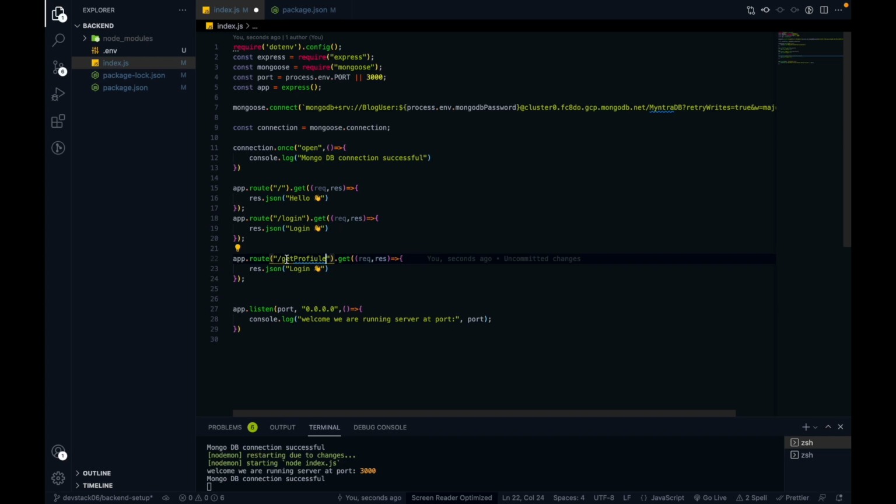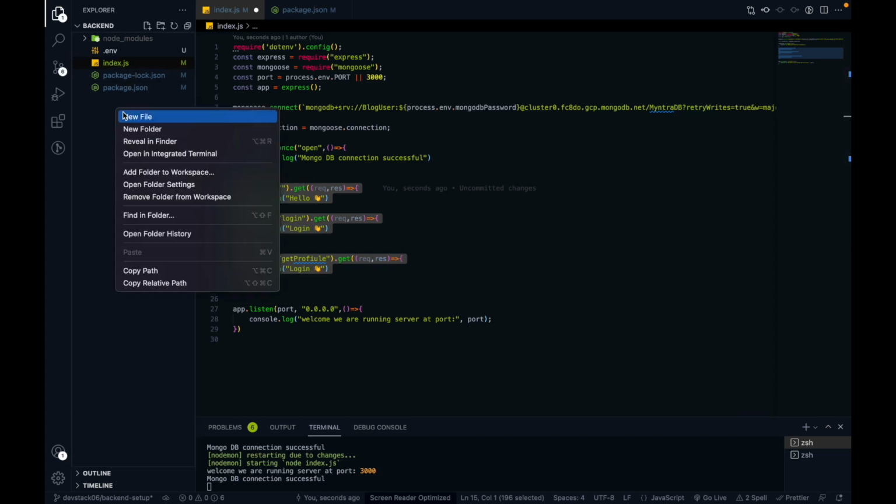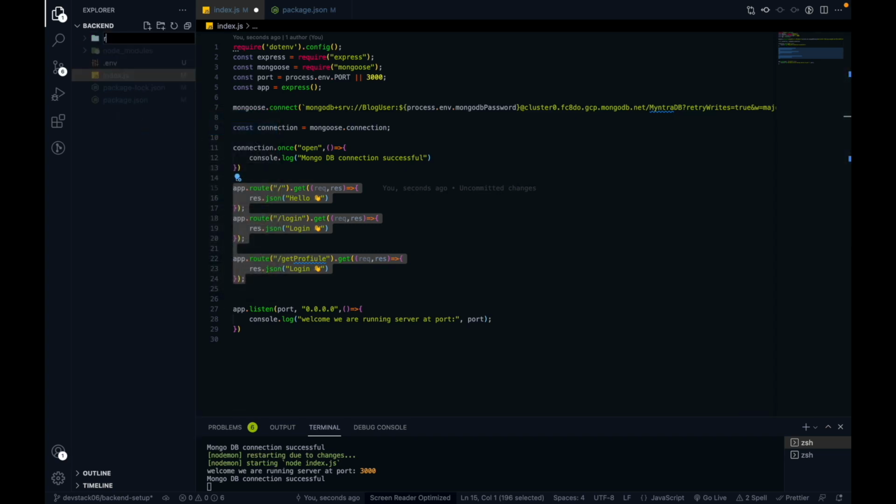To handle this, we can't put every route detail inside the index.js file, right? We have to create a new folder called routes, and we have to route the specific endpoint from the index.js file to its dedicated JS file.